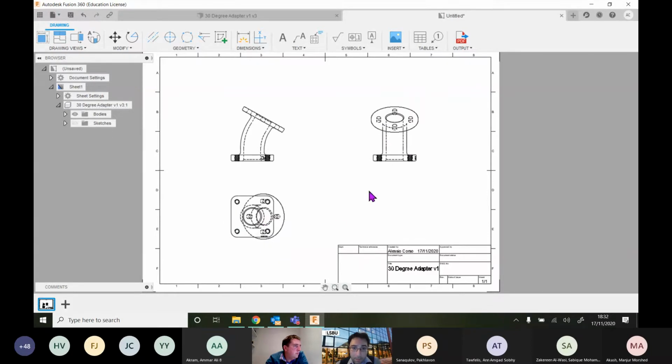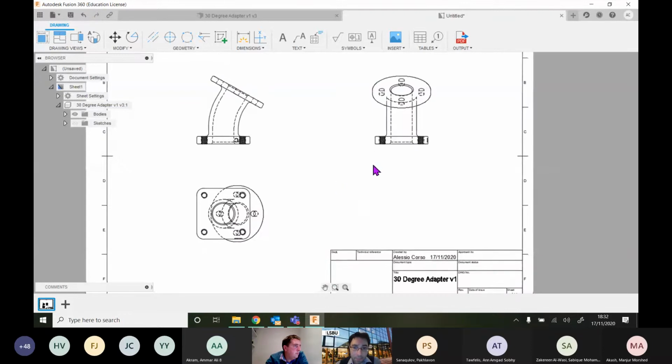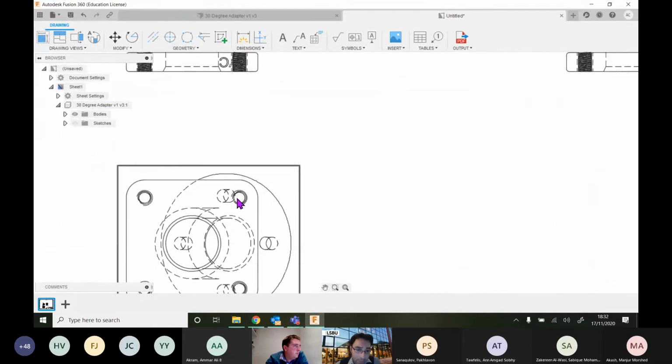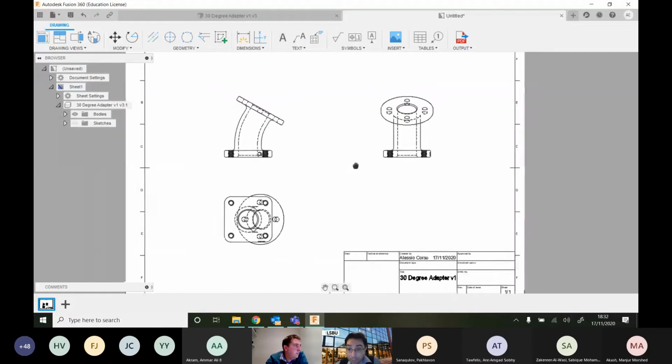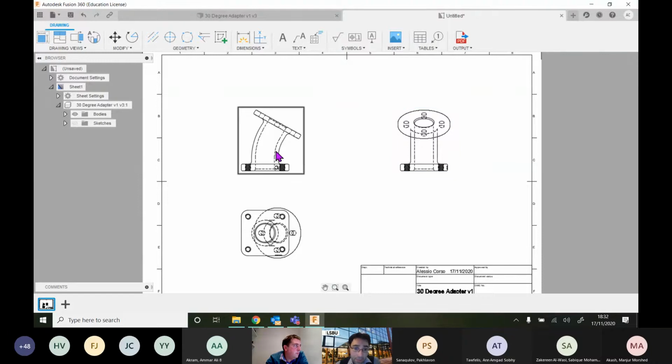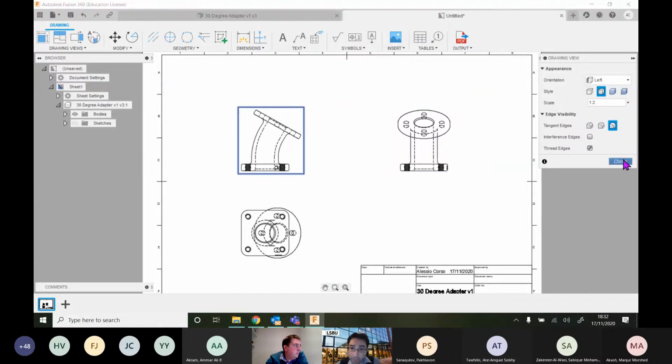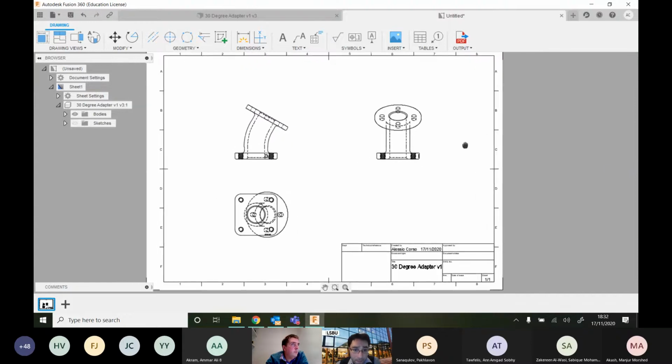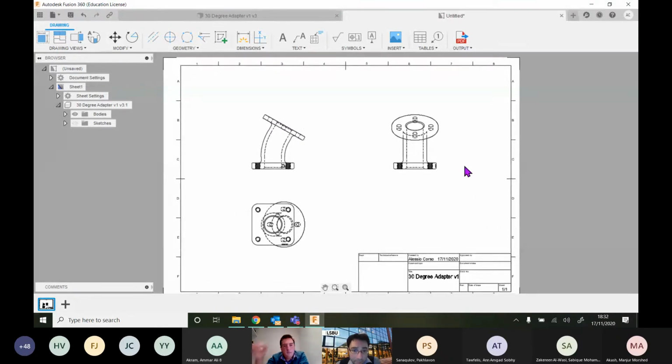Okay. Now, if you find that any of the views are starting to look a little bit confusing, you can potentially change the appearance of the views as well by double clicking on them and then selecting different styles at the top. But let's leave everything in the same view style, which is the visible with hidden edges. This is more of a reminder. Once we are ready to start dimensioning, bearing in mind that we want to position the views first before we do anything else,